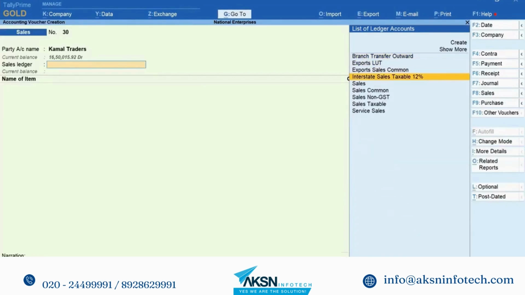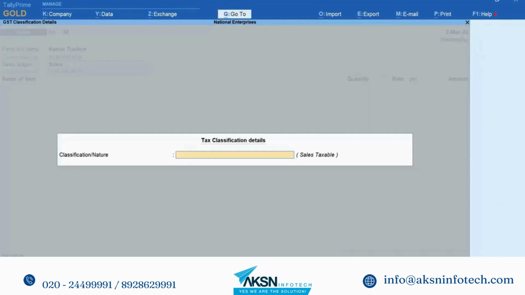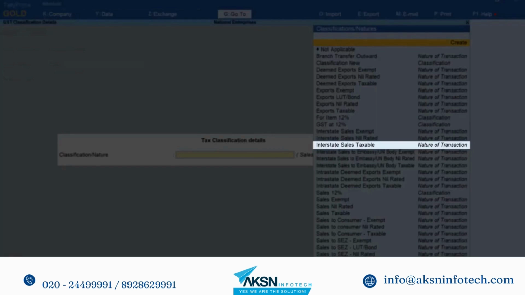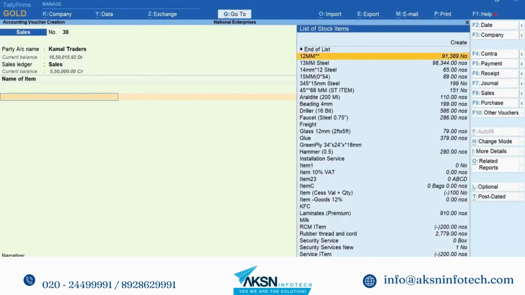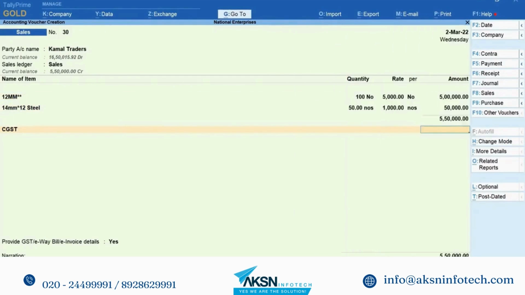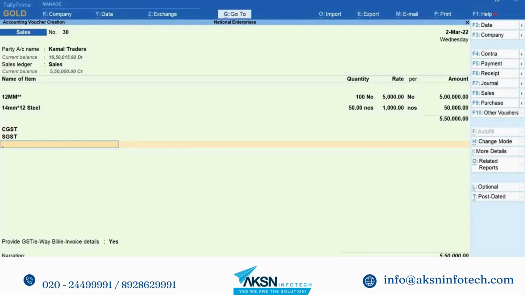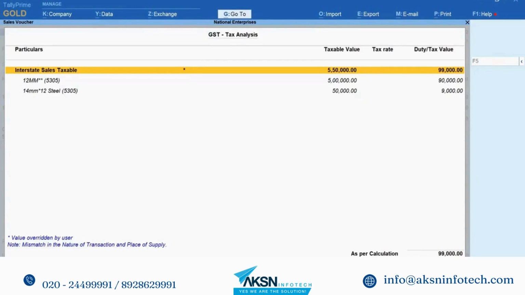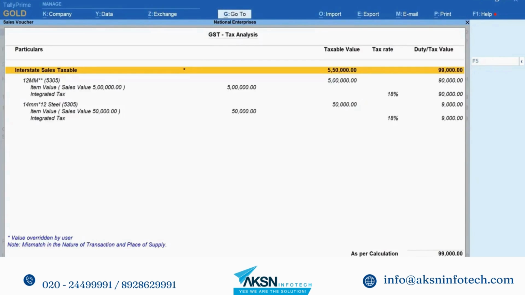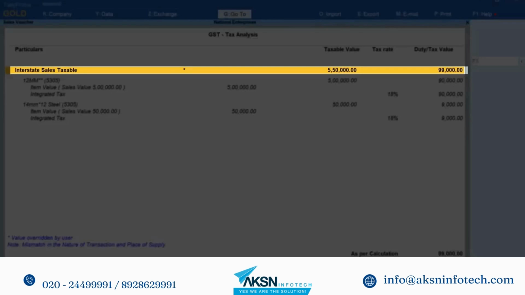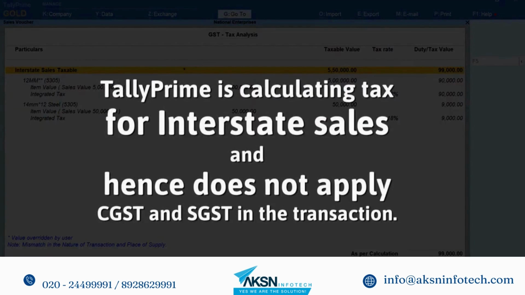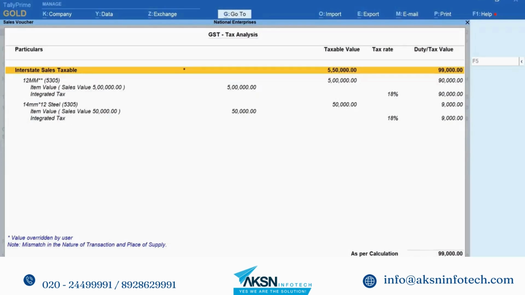नेचर लोकल सेल्स सेट है। GST क्लासिफिकेशन डिटेल स्क्रीन में नेचर ऑफ ट्रांजैक्शन को सेल्स टैक्सेबल से इंटरस्टेट सेल्स टैक्सेबल में बदलें। आदत या गलती से आप CGST और SGST चुनते हैं। टैली प्राइम टैक्स कैलकुलेट नहीं करता। आप GST टैक्स एनालिसिस देख सकते हैं। यहाँ आप देखेंगे कि टैली प्राइम इंटरस्टेट सेल्स नेचर के लिए टैक्स कैलकुलेट कर रहा है, इसीलिए वाउचर में CGST और SGST के मुताबिक टैक्स लागू नहीं हो रहा है। आप नोट में देखेंगे जिसमें